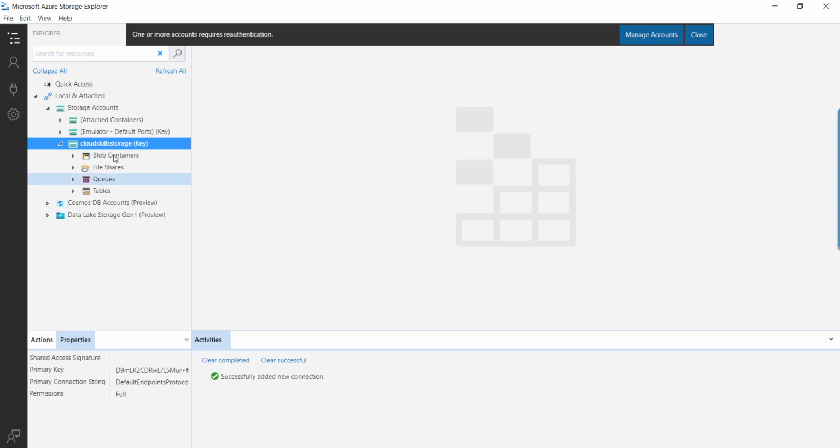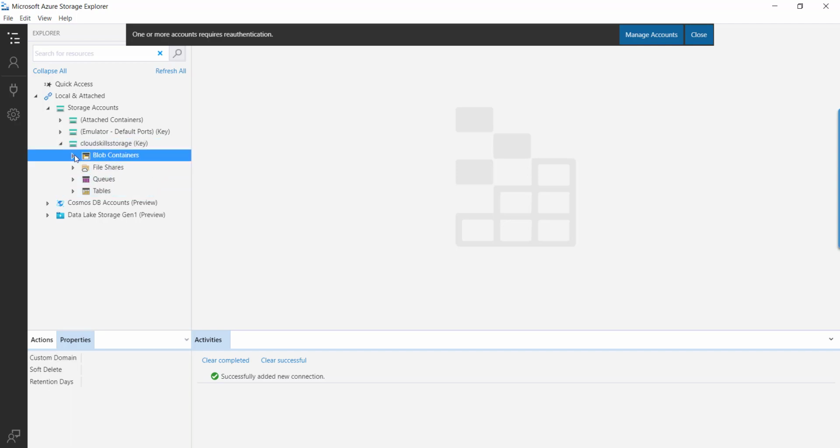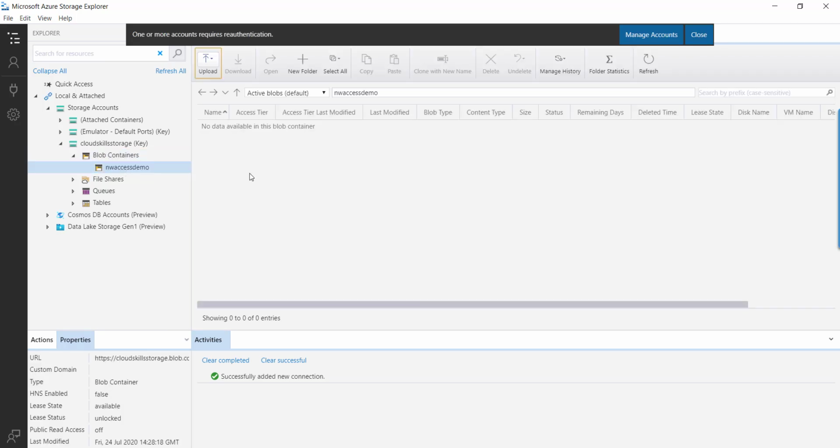Now click on the storage account so that you are able to access it. This is a blob storage account, so you will get blob containers, file shares, queues and tables. Let me open the blob containers and see whether we are able to access them. Yes, the blob container is accessible, and we have created one container here. If I try to upload a file to this container, I will definitely be able to upload it, as I have the connection string.